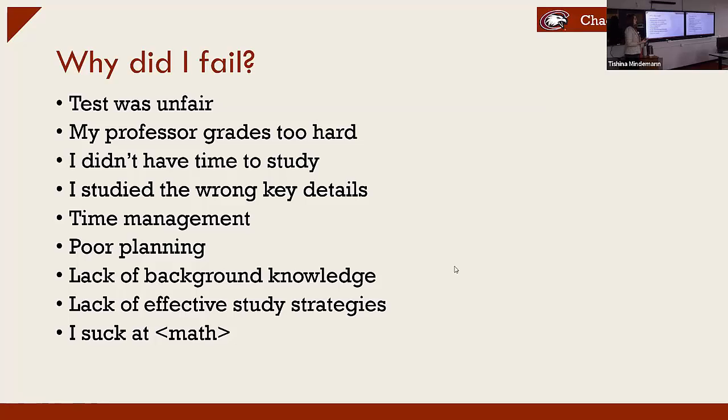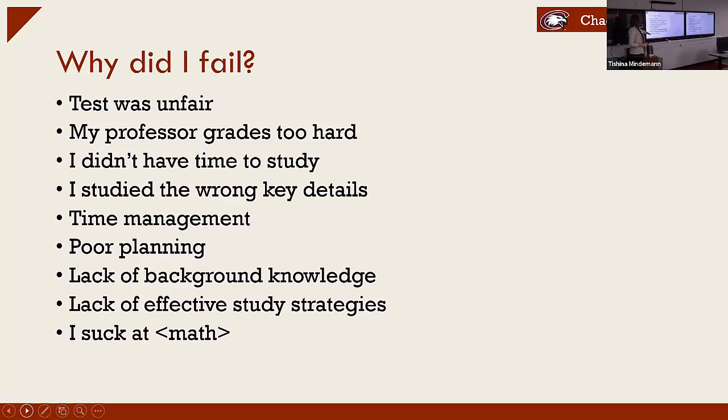And that's where we as teachers can step in and give them examples of what good planning looks like. Or if they're really struggling, sit down and talk to them. Talk me through it. Are you studying in your bed? Are you studying with the TV on? How many hours are you doing? Are you trying to study for 7 hours at once? Or are you breaking it up over days, right? And we can talk them through making sure that they're using effective study strategies.